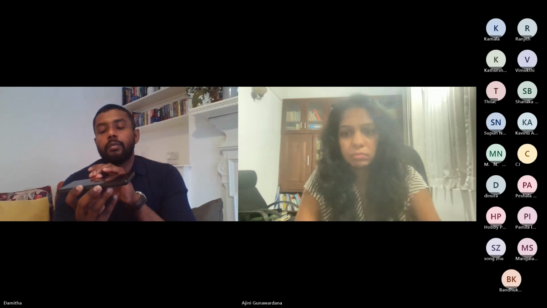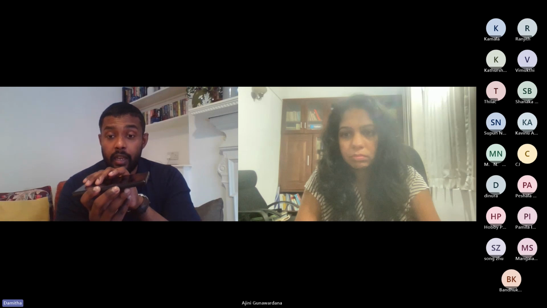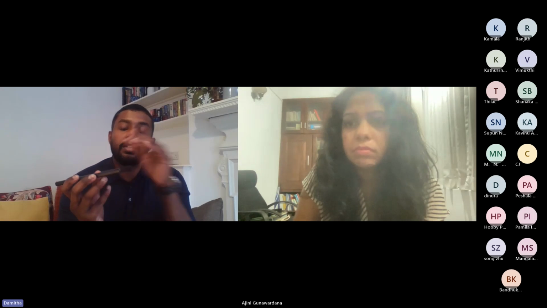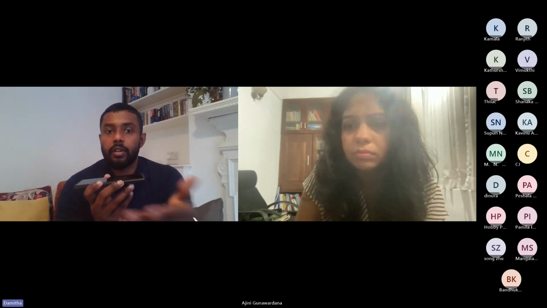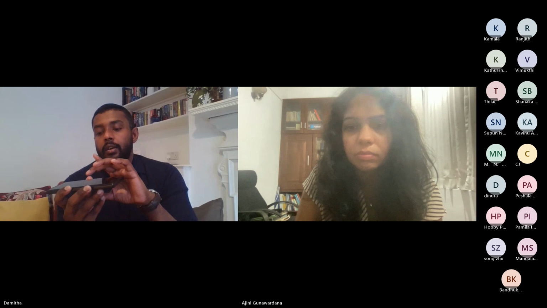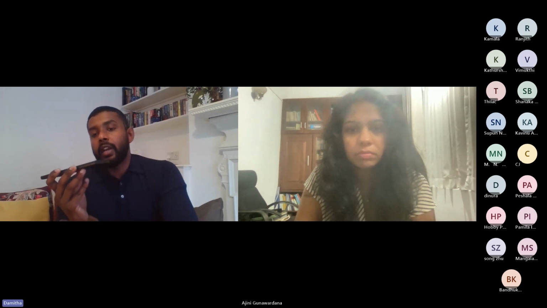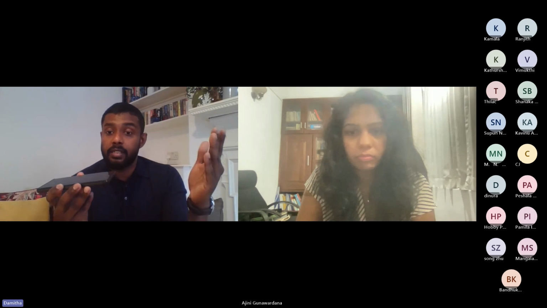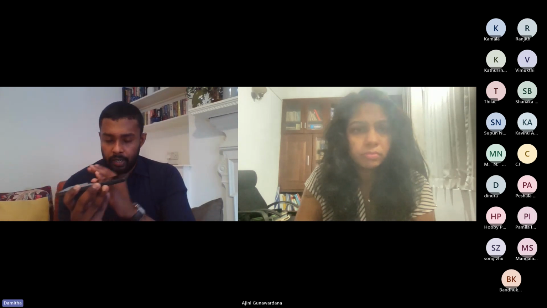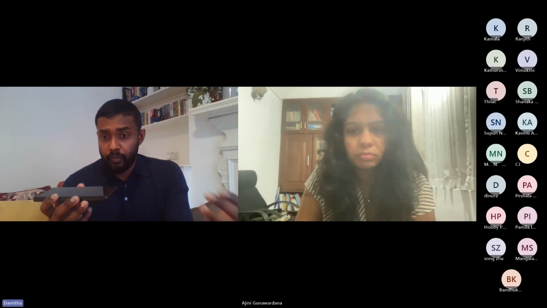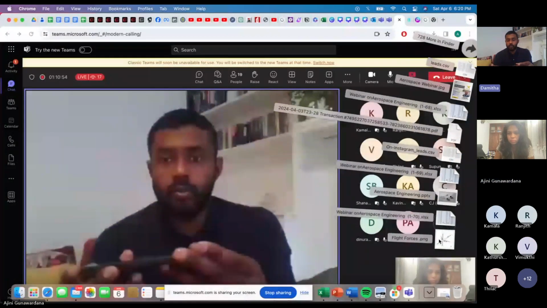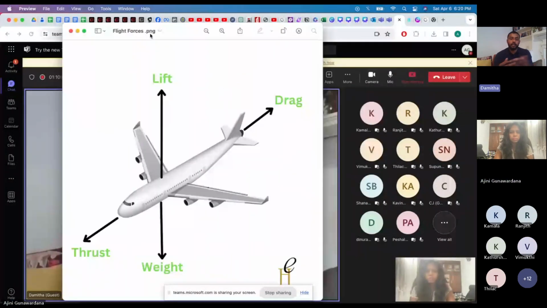So the aircraft is designed to reduce drag and to reduce weight. Reducing drag again comes down to aerodynamic smoothness and other things. If you increase the weight of an aircraft, the force required to fly becomes greater and greater because it needs to overcome that initial load. So in every design you try to do, you try to reduce the weight of the aircraft. There you go: lift, weight, thrust and drag.